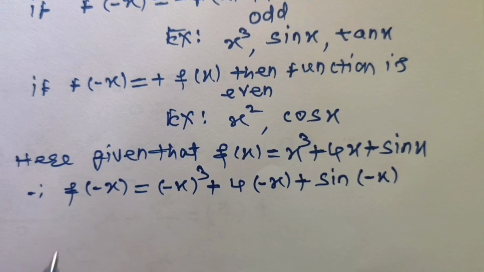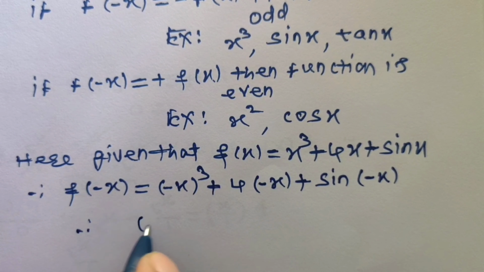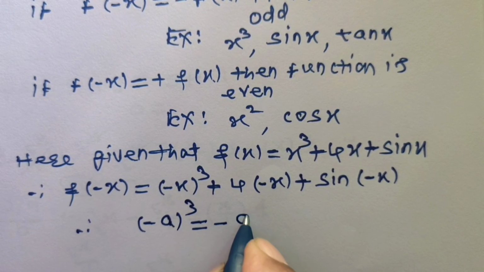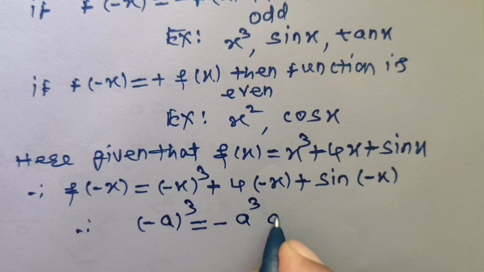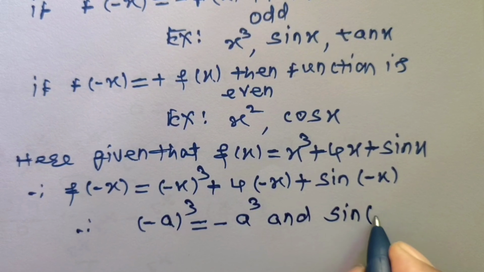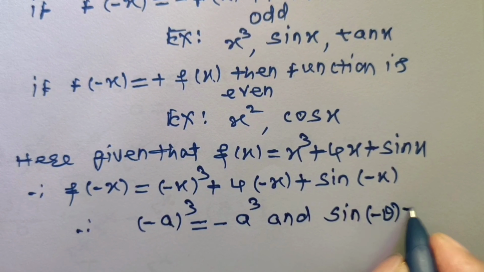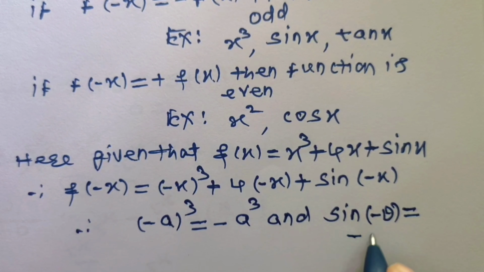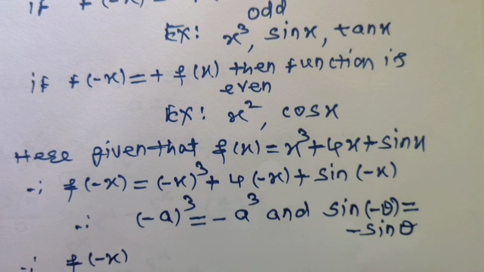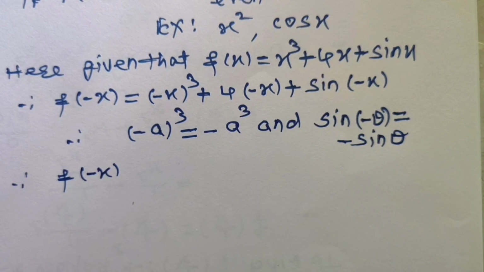Hence, f of minus x is equal to minus x whole cube plus 4 into minus x plus sine of minus x. Here, minus of a whole cube is given by minus a cube, and sine minus theta is equal to minus sine theta. Using these substitutions, f of minus x is given by